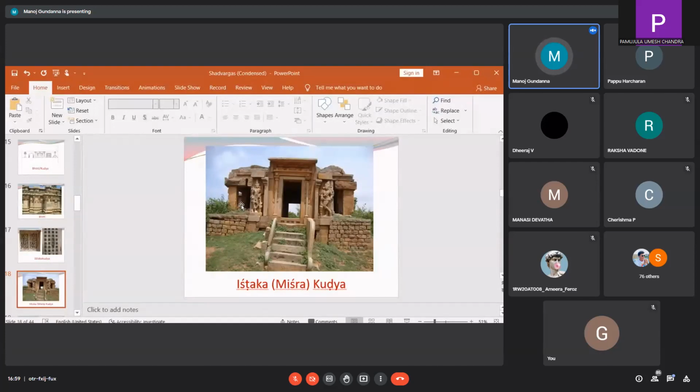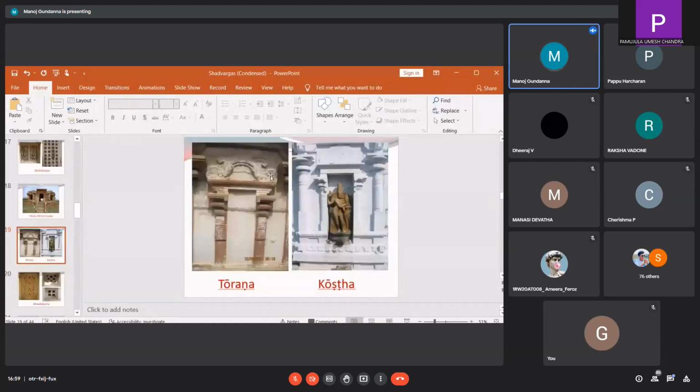Now we see that these are the decorative members of a Bhitti or the temple wall proper. This is a Torana. You can see the Torana is supported by 2 pilasters, called thambikas. Above this we find foliated curvature, an arch type of decoration, and these foliations terminate in the mouths of 2 makaras which are carved on either side. Then if the niche of a wall houses a murti like this, then it is called a Deva